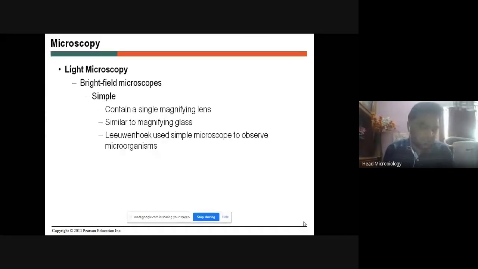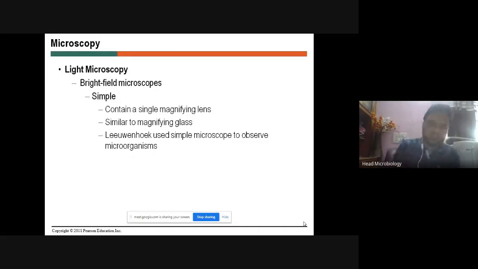I don't know whether you have used them in your intermediate physics classes or not. But these are the lenses we use for determining the quality of textiles, as Antony van Leeuwenhoek did, and also for firing purposes, where sunlight is captured and the energy is focused at one particular point to create a fire. That is also a simple lens. Basically it is a simple lens.